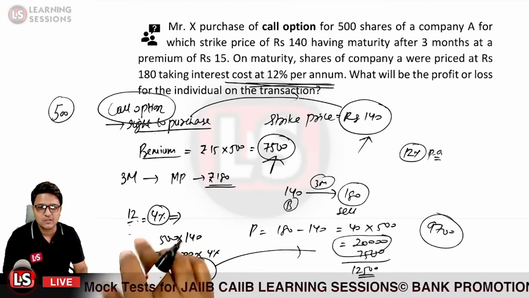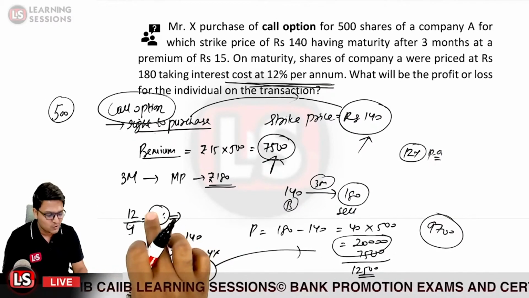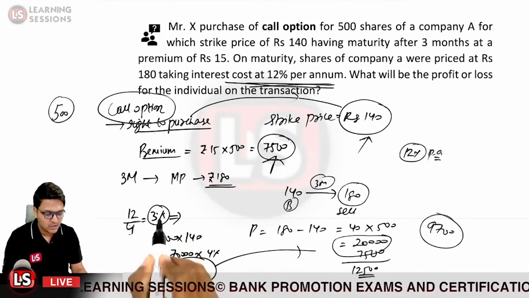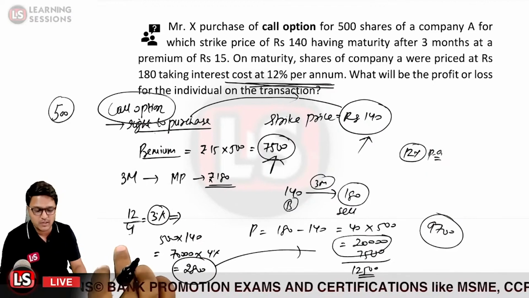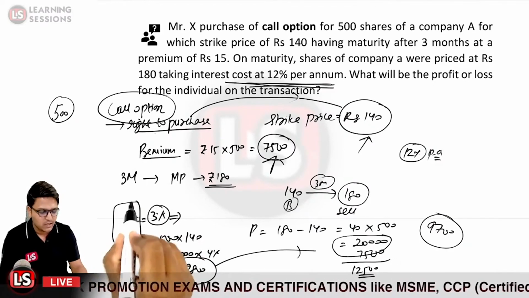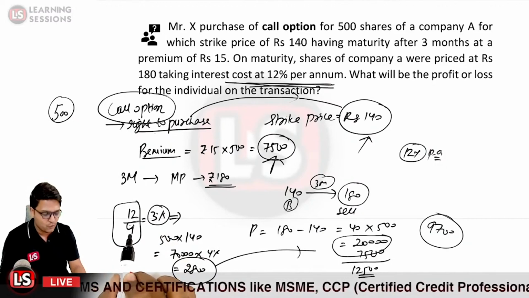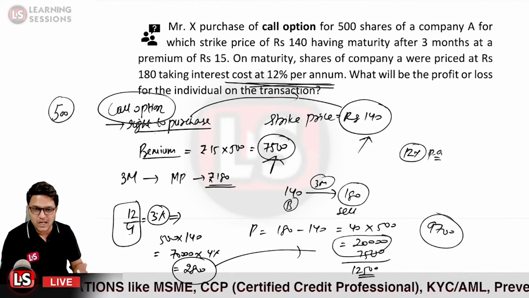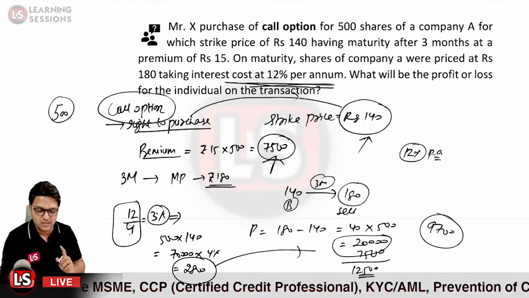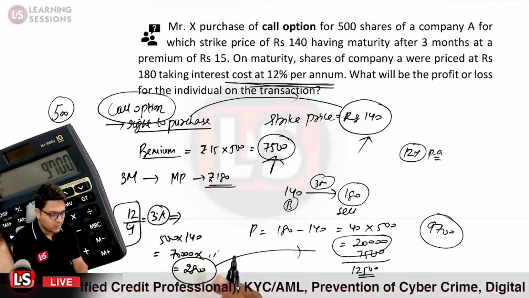Oh yes, this would be 4 actually. That is right. There are 4 quarters, so it will be calculated at 3%. Very right over here. I just made a mistake related to it, that I divided it by 3. It will not be divided by 3. It will be divided by 4 because there are 4 quarters. I hold the share for 3 months, so I'll be dividing it by 4. So 12 divided by 4 is equal to 3%, and I'll be calculating at 3%.